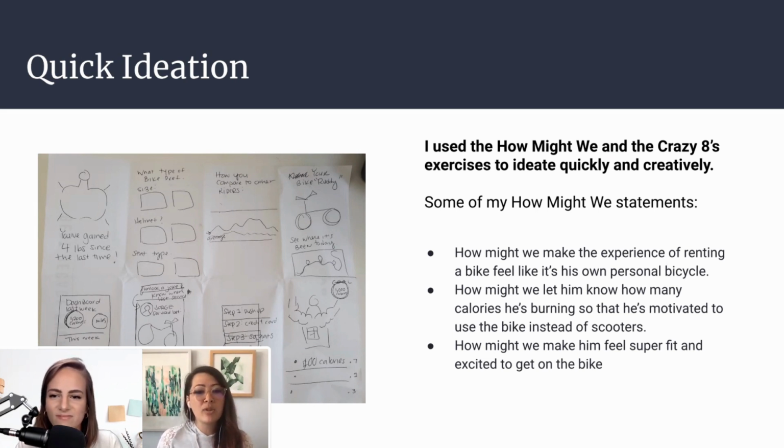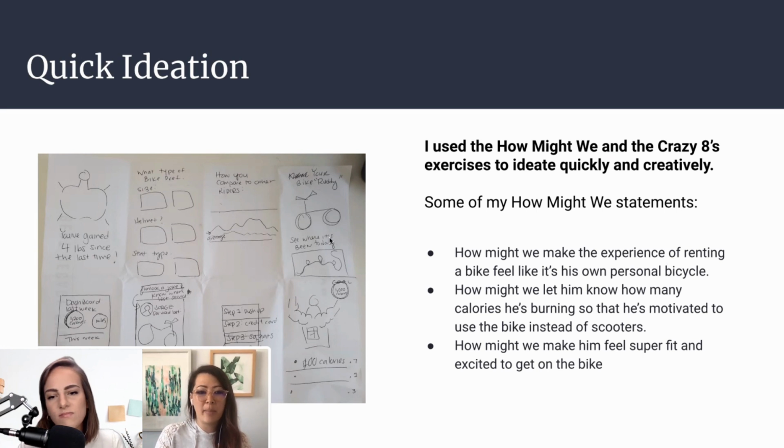Yeah. So then I did some exercises to start to unlock creativity. How are some ways that I can really create this personalized experience for him to help him lose weight? So I did this Crazy 8 exercise. If you've never done one before, I highly suggest doing it. I do it for every single one of my projects. That's awesome, to unlock creativity and innovation. I do it every time I teach a class, with every new student. All the new students just love this exercise. So you do 8 sketches in 8 minutes to figure out 8 ways to solve this problem, and to create this product that Tom, our persona, is going to really like.